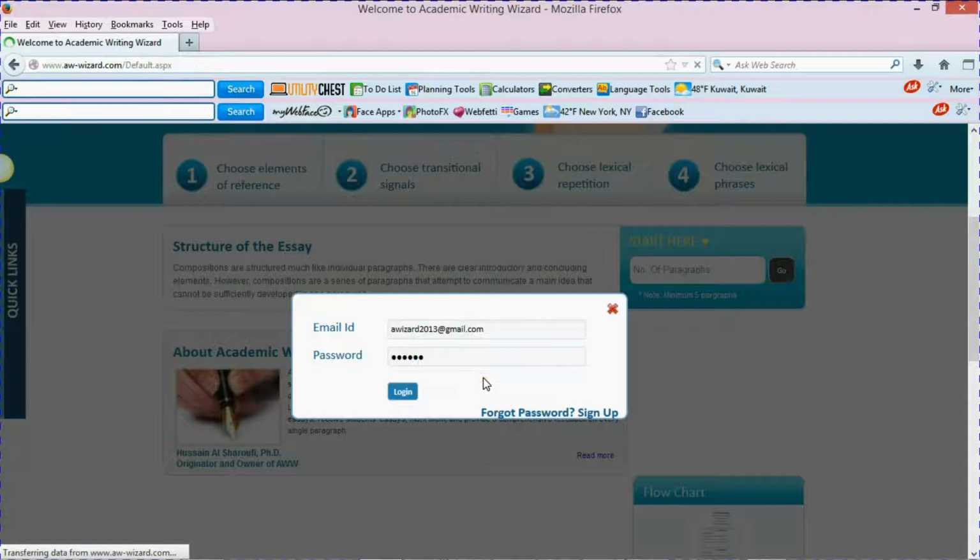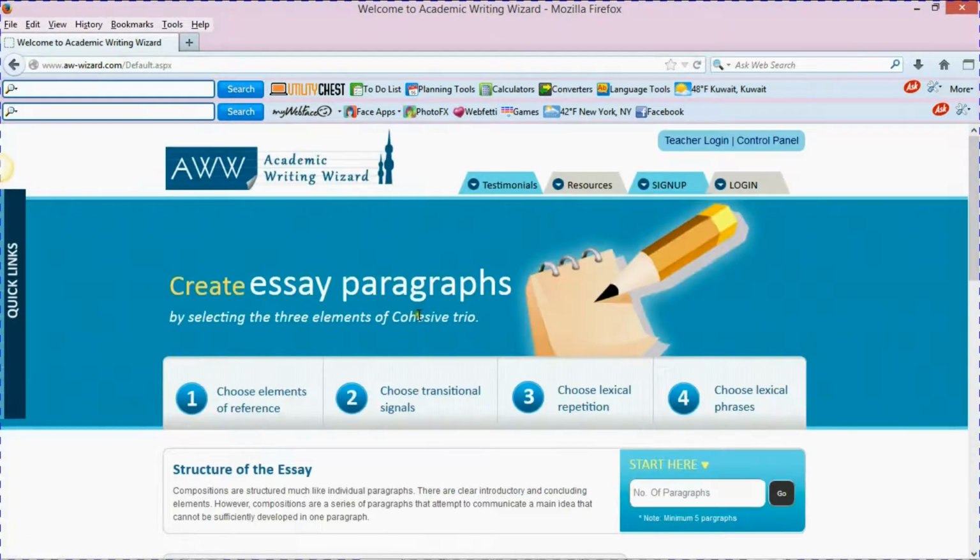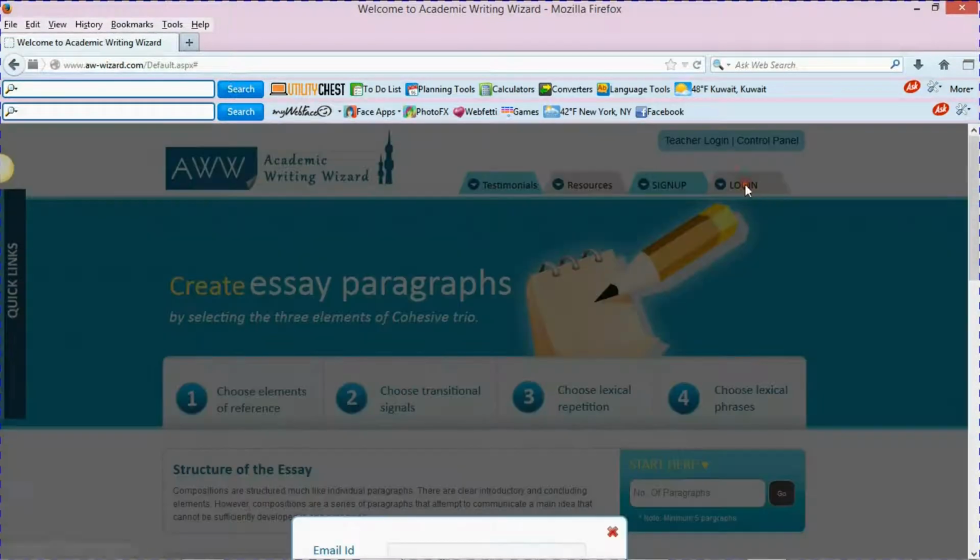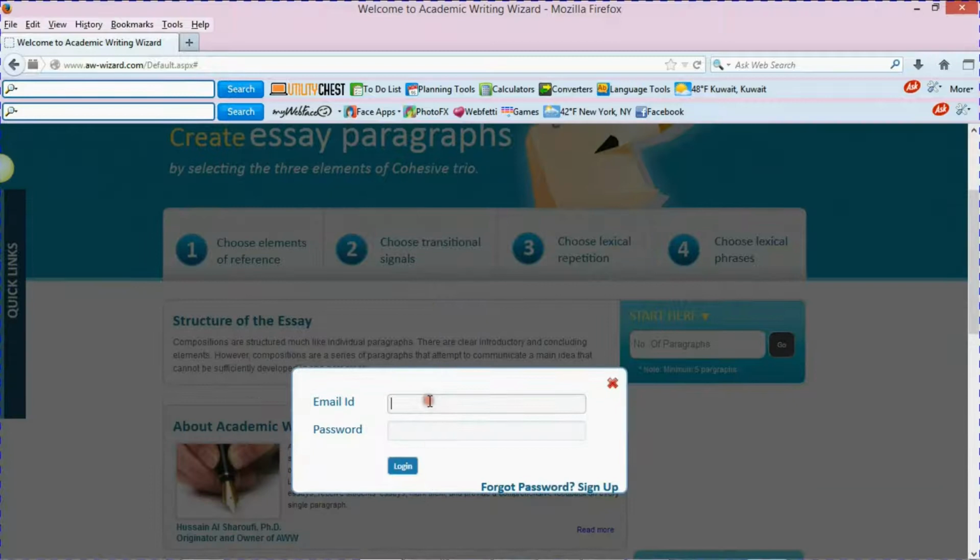Alright, now it says here that you have a pending essay to be completed. Please click OK to complete the essay. Let me say OK. Alright, now I've already in fact started writing an essay, and I'm starting now the third paragraph, and I will be writing the third paragraph together with you. Now let me just